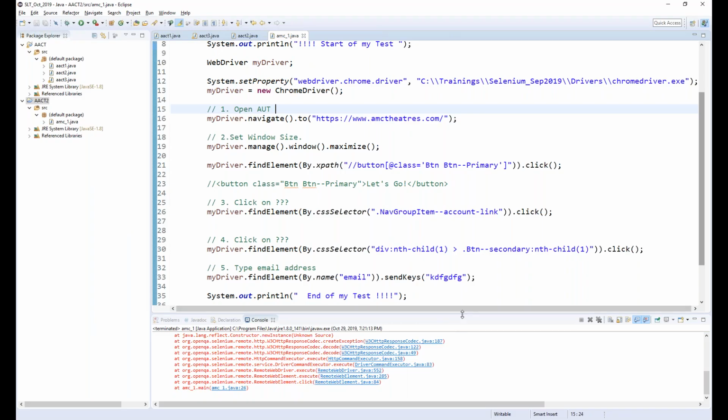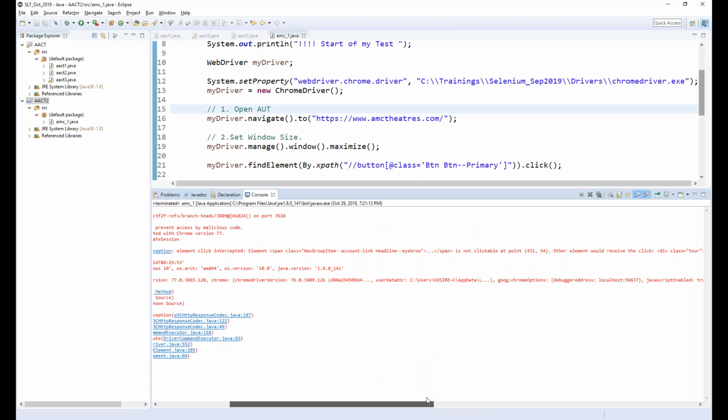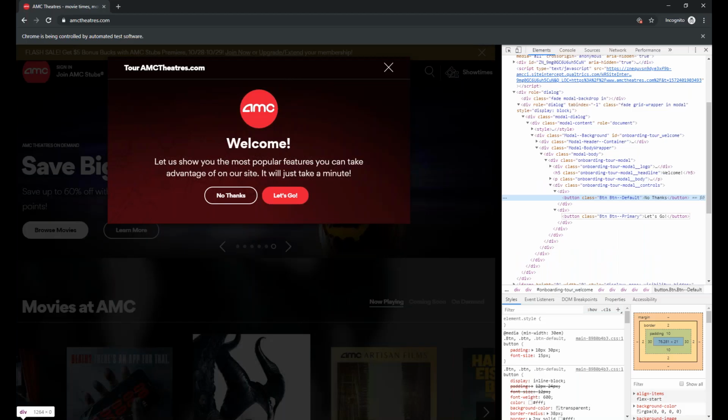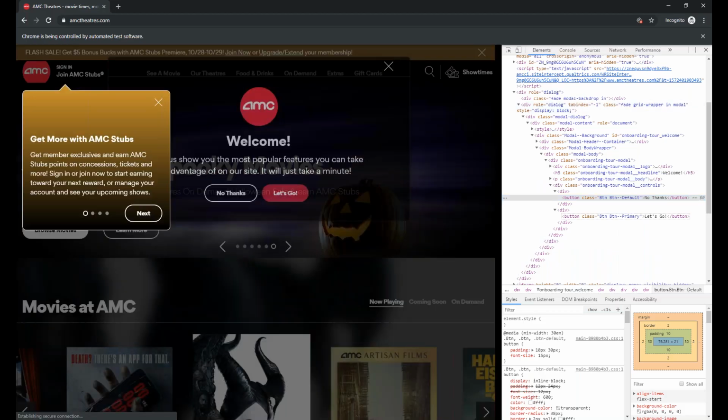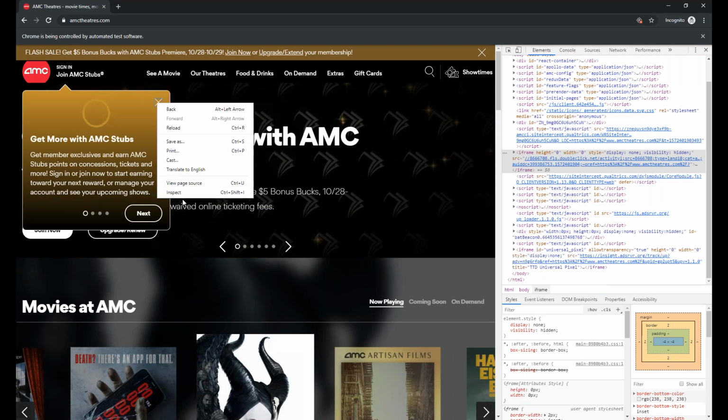There you go. And it'll give the same error saying element click intercepted exception. Is not clickable at point so and so. Other element would receive the click, and that's why it didn't work. For two buttons. Okay, let's see. Do I need to do this as well then? Let's go and get more AMC Stubs. So you see, if I'm trying to click on this search lens icon, it is not possible till I close this. So inspect,